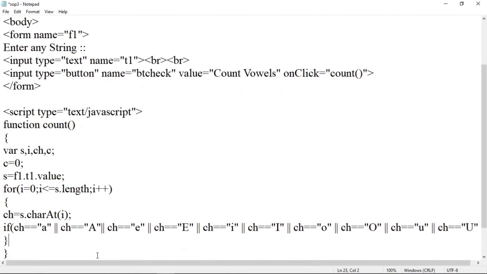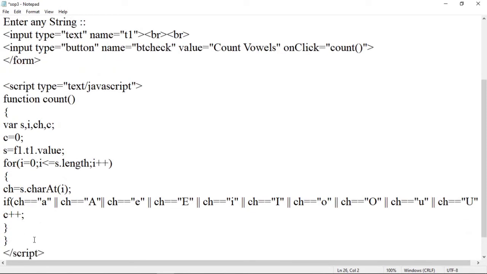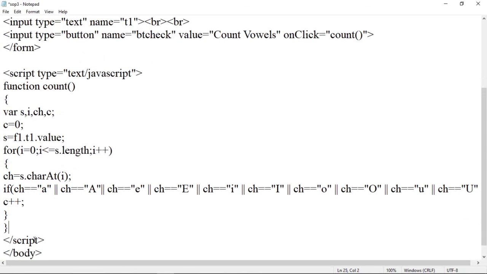Okay, so if one of the conditions is true, then c should be incremented because c contains a count of vowels. So if that ch contains a character that is either a, e, i, o or u, then c will be incremented by 1. So in this way we will get an incremented count, final count of the vowels in the string. So to print that, here we have to use the alert function.